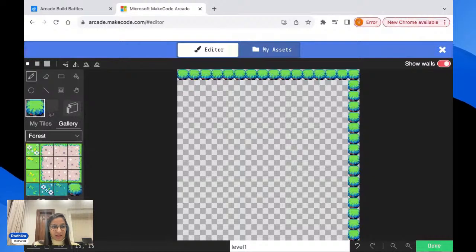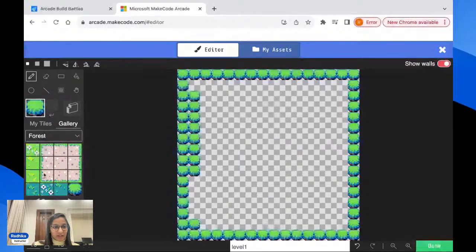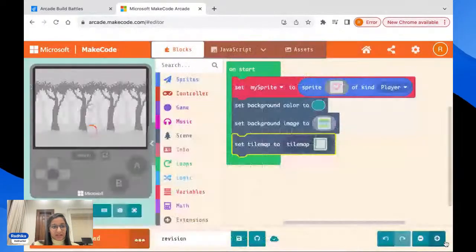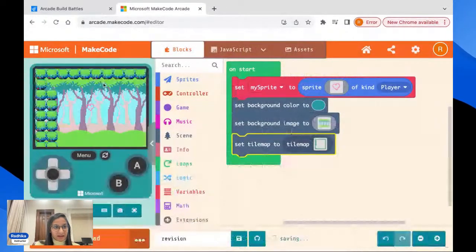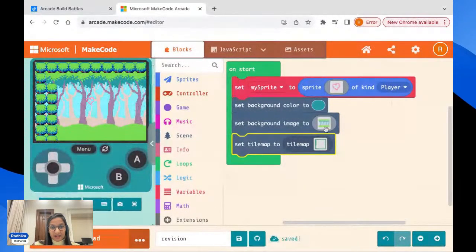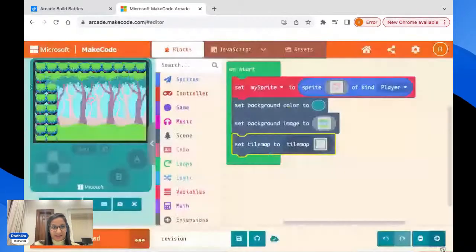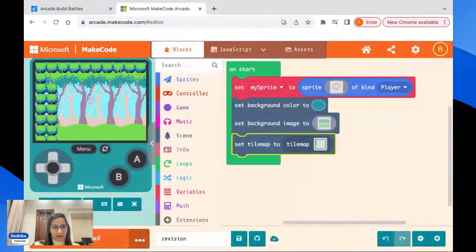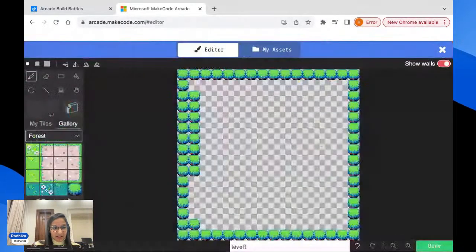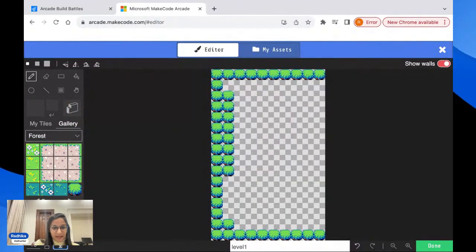You have tiles over here which you can use, or you can also create one of your own. If I click on done, you can notice that it's not completely showing on my screen. The reason is that by default this screen over here is 10 by 8. So if I change it from 10 to 8,